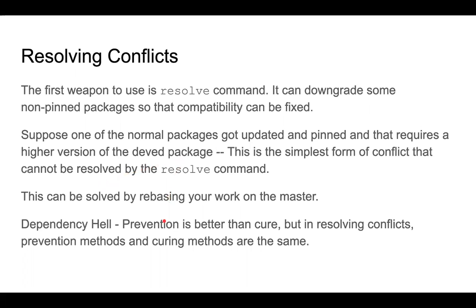So how to resolve such a conflict? The first weapon for you to use is the resolve command. Sometimes it is only because your Julia environment hasn't been updated for a long time, and you have directly cloned a particular repository and added it to your Julia dependencies manually. So you might get a conflict in that case. But if you use resolve, it tries to find the best configuration of multiple packages and resolve that conflict automatically. It works about 70% of the time for me, but problems get worse when there are a lot of packages.